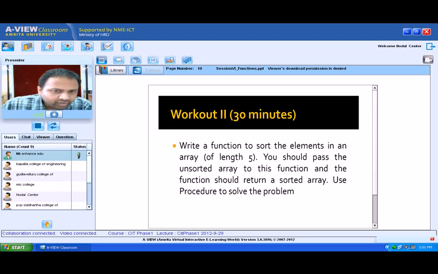So no doubts in workout 2, or you need some time? Okay, what we'll do is, we'll go to the last session, that is on recursion. We'll give you some time because you'll need to do these workouts, and then only maybe you'll get doubts. So I'll open,